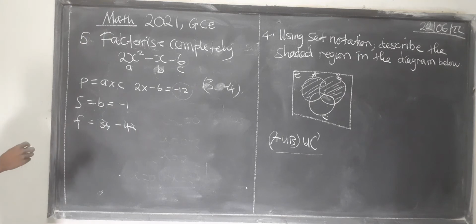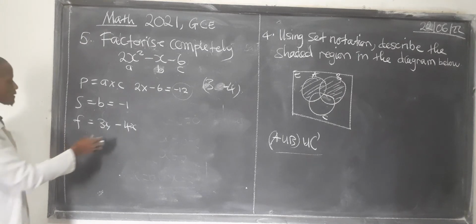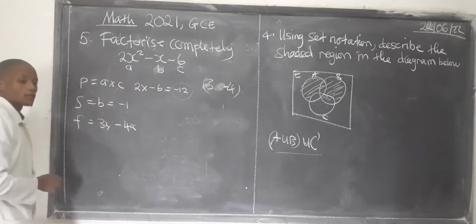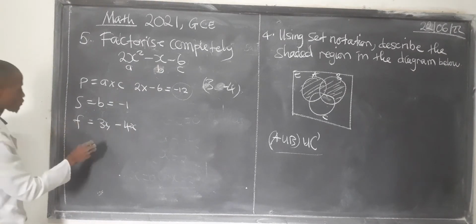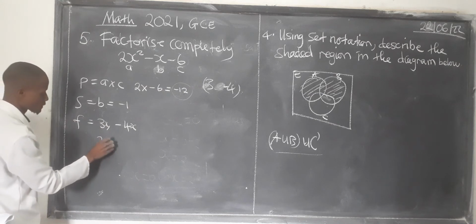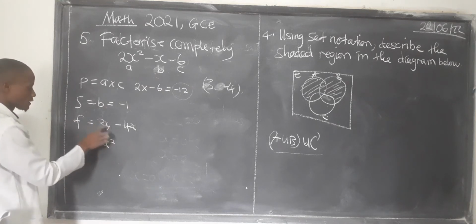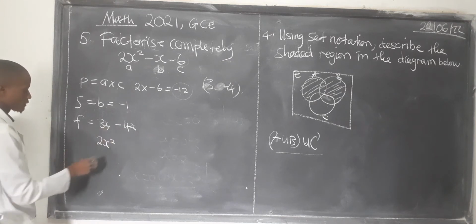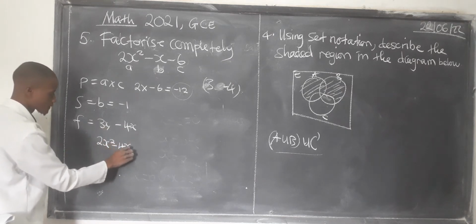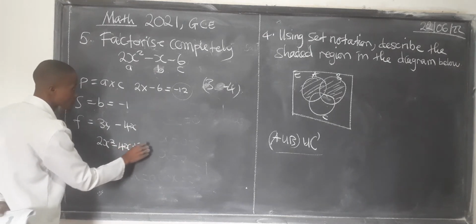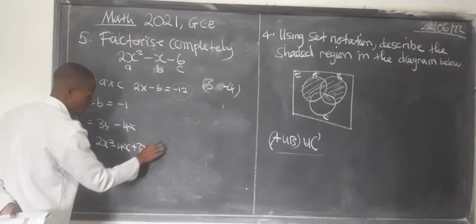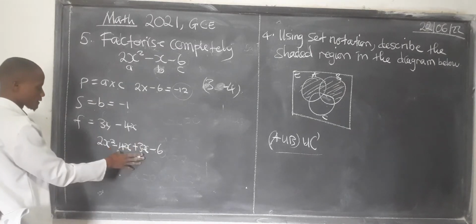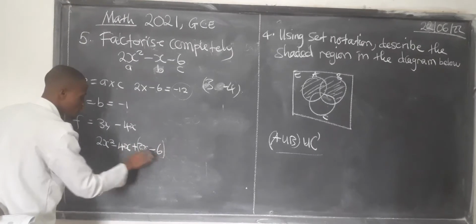Now when you find the factors, you have to replace them with the number at B. So we need to put these factors at B. So this will be 2x squared. When putting these factors, get them together with a sign. If you are starting with this one, either that one or that one, so that is negative 4x, then positive 3x, then minus 6. Once you have replaced the factors at B, you can group now these into two groups